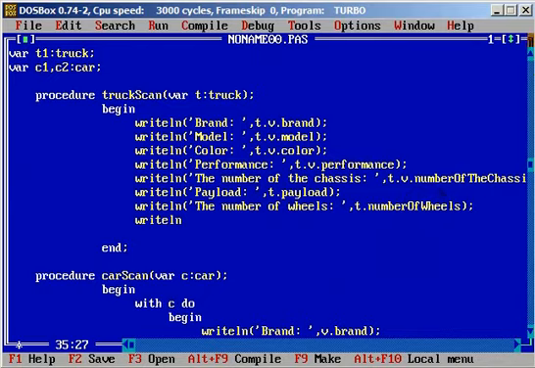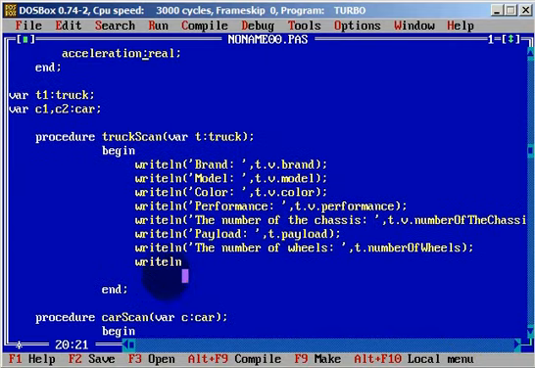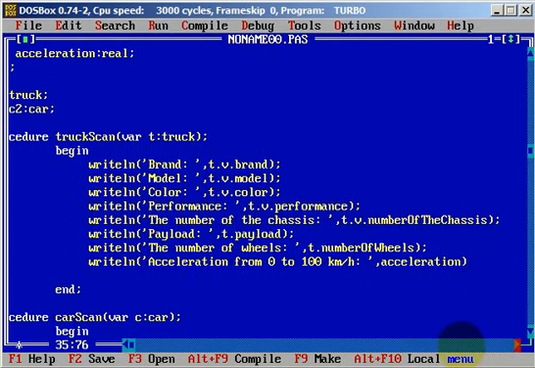But it can be only acceleration, because we will just write here what it is: acceleration from 0 to 100 km/h, and we will just use acceleration. We don't need C,